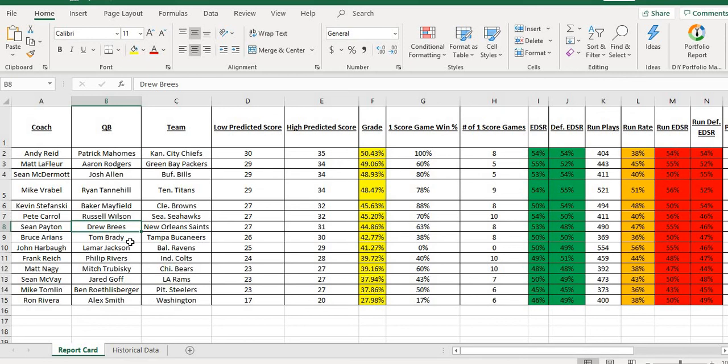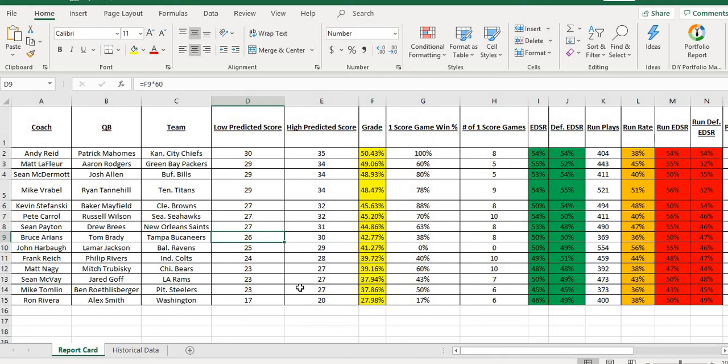So if you're looking at a predicted score, let's take for example the Buccaneers this week. I have the high end predicted at 30. I don't think that's going to happen. So let's go with the low prediction, which was 26. If we say that they can have a deviation of one touchdown, they may score as few as 19 points or as much as 33. I'd be very surprised if they scored more than that.